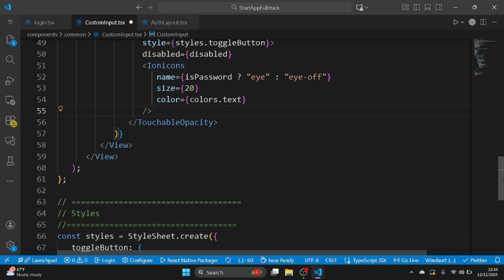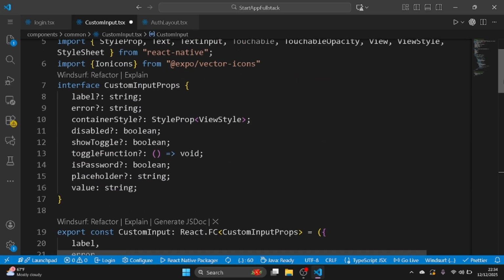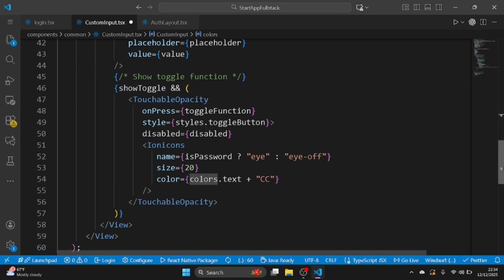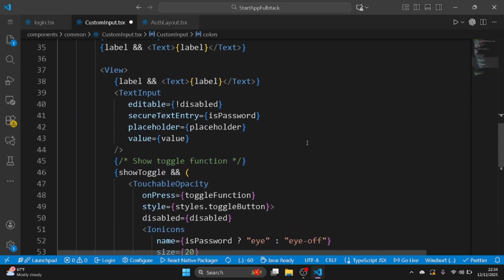So for style, for the text, we can do text color and maybe let's say something like plus CC, like this. Whatever text color we get, we do plus CC. The text color is this one, from the theme. So let's get back to, first of all, input. Input is very important here. So for input,